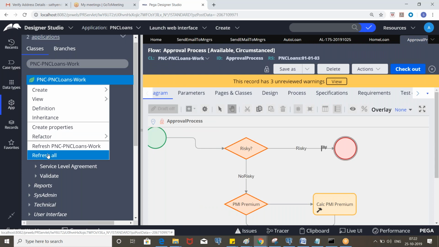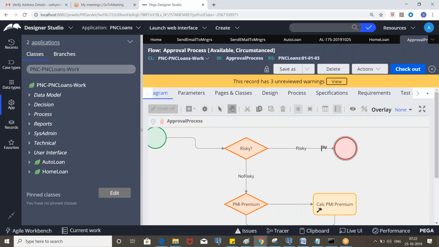So this is about declarative rules. How many declarative rules are available? Declare expression, declare constraint, on change, trigger, and we have a declare index. That we will work on later, as part of report definition.